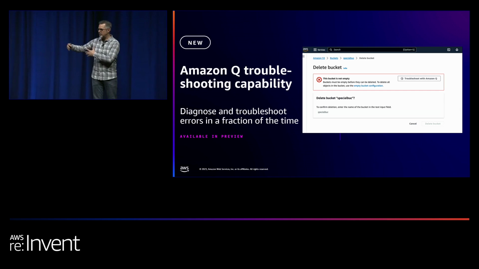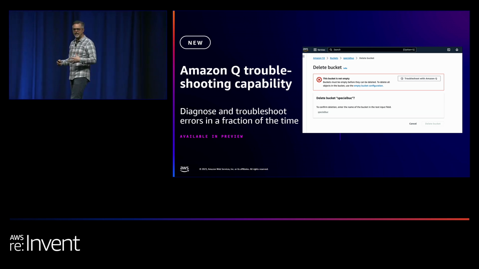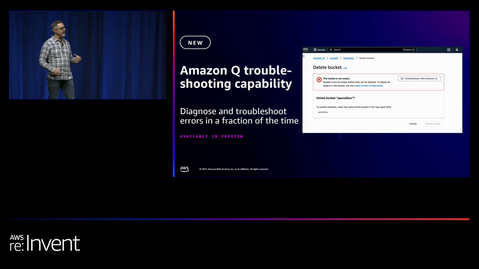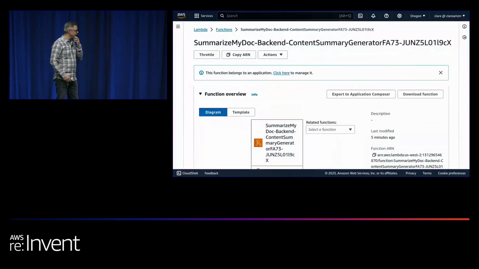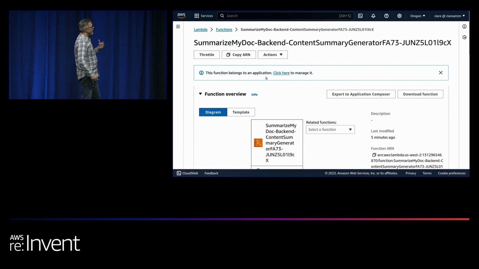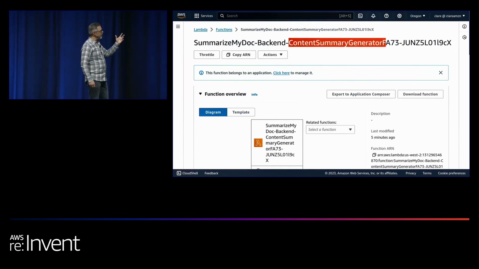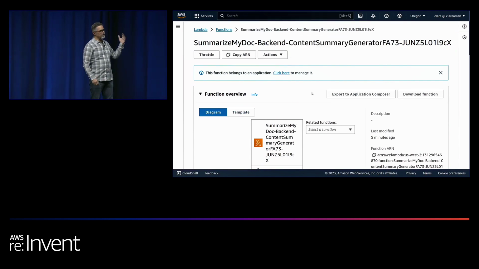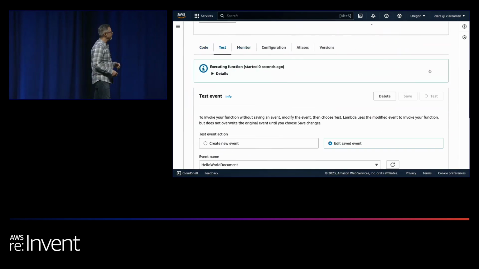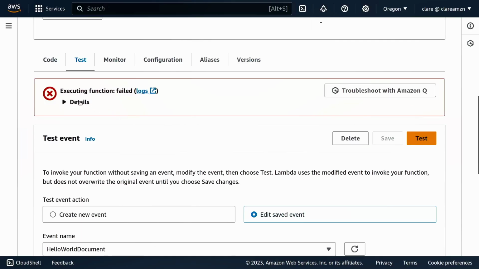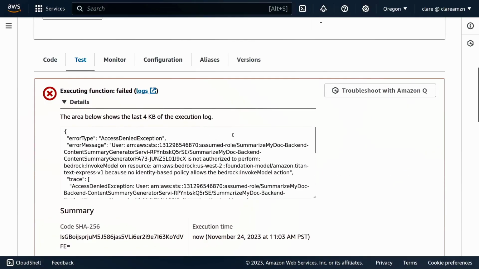So similarly, as we take Q, again, spanning all of development and into the console and all these things, as we take Q into the console, the same idea applies. I can use Q to help me out in different ways. And so if I have issues that I'm finding when I'm doing things in the console, I can ask Q to help me out with it. So in this case, I'm working on a Lambda function, and I say, OK, I want to test my Lambda function. I want to make sure everything's working, and I get an error.